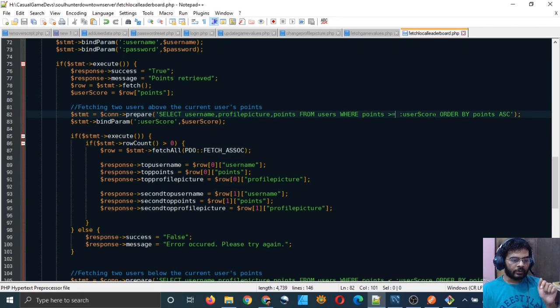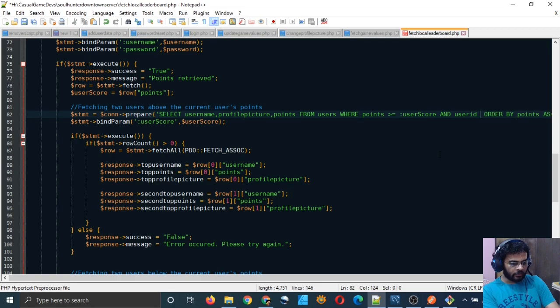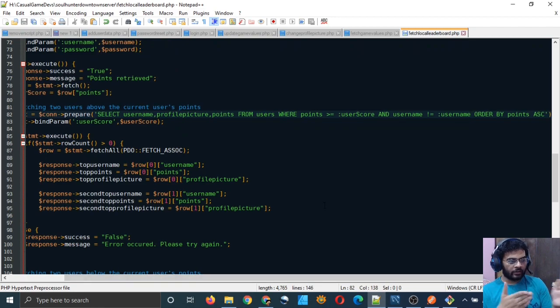To exclude our user from this result, we will have to do this where points greater than this and user ID is not equal to user username. You can write username not equal to placeholder username. We don't want our current user's data in this set.